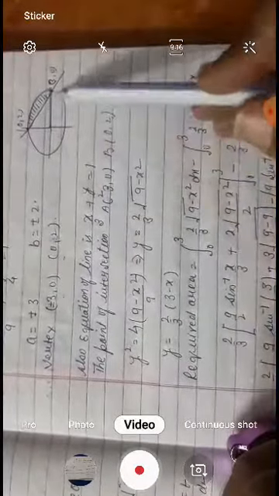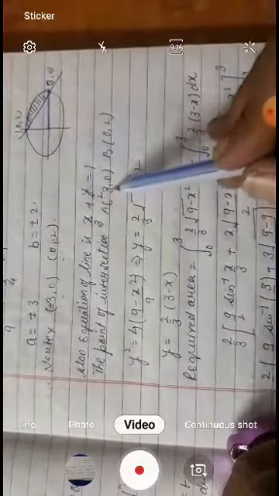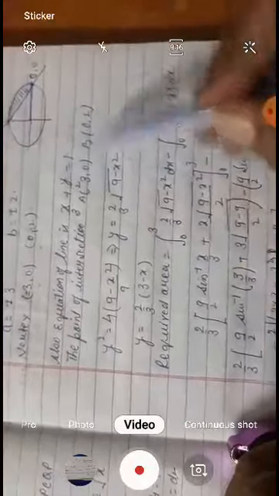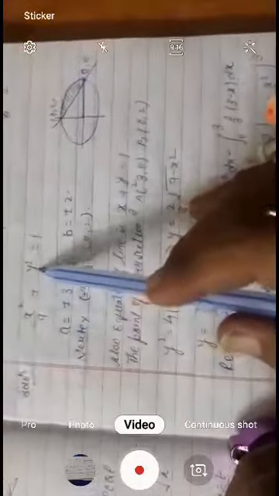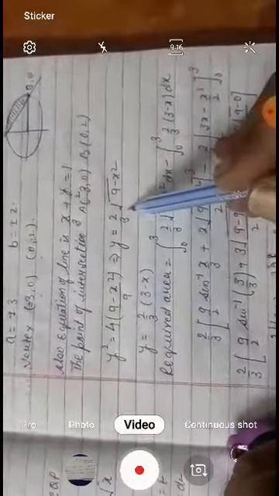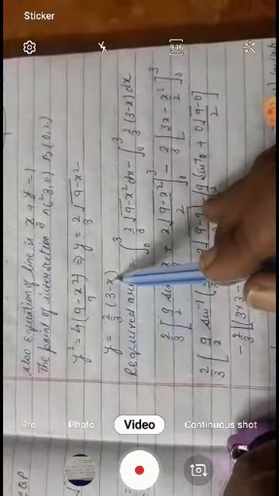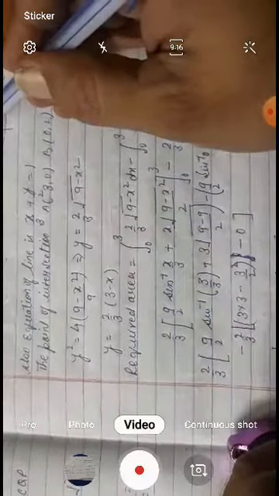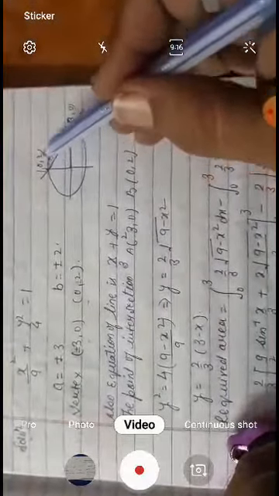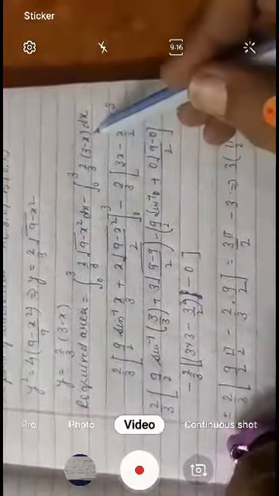This is the equation of the line. Solving the equation of the line and the ellipse, we get the points (3, 0) and (0, 2). To find the value of y square from here, the value of y square is this, and the value of y from the line, the required area is this, because both are in this region 0 to 2 and 2 to 3. So we are taking the limits 0 to 3, and 0 to 3 for both we have to put here.